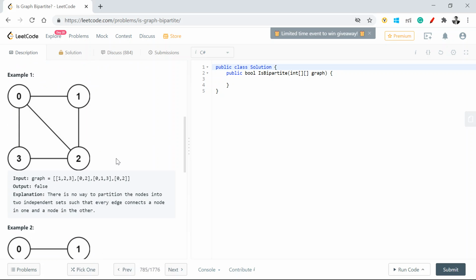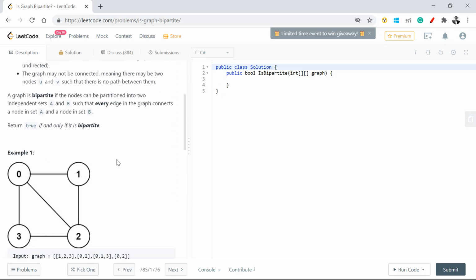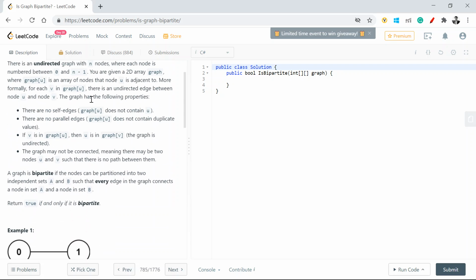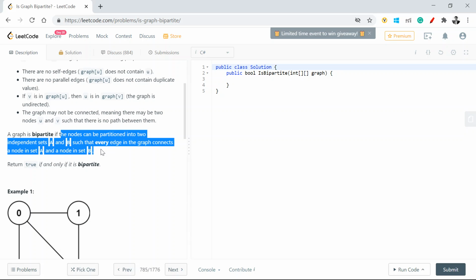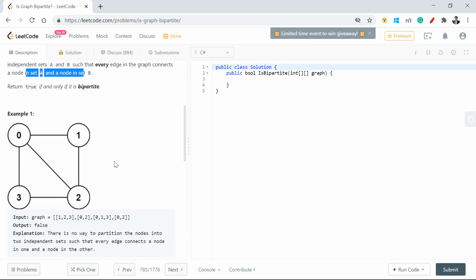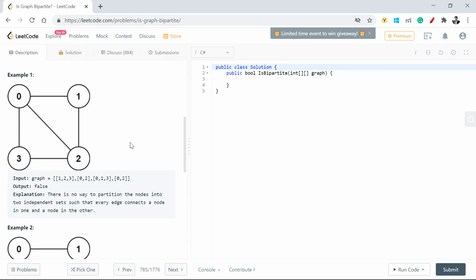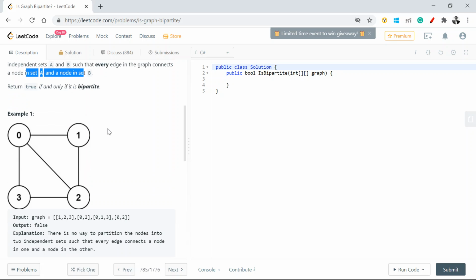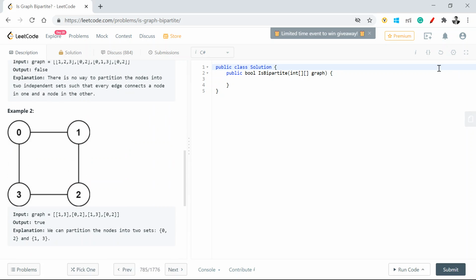Now we need to see what a bipartite graph is. A bipartite graph is one where the nodes are partitioned into two independent sets, such that every edge in the graph connects a node in set A to a node in set B. What I mean by that is, if I try to bifurcate this into two sets, then every edge should go between the two sets. Now if I look at this example,